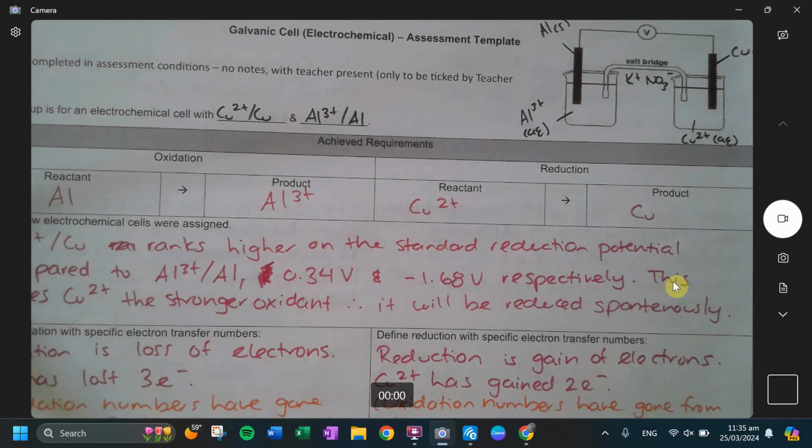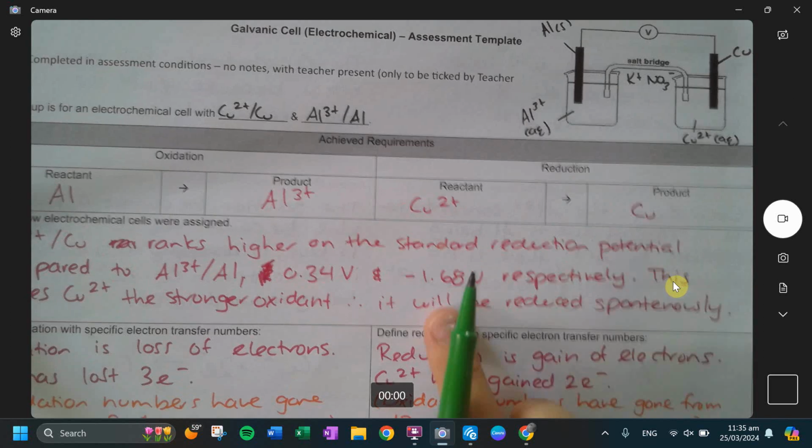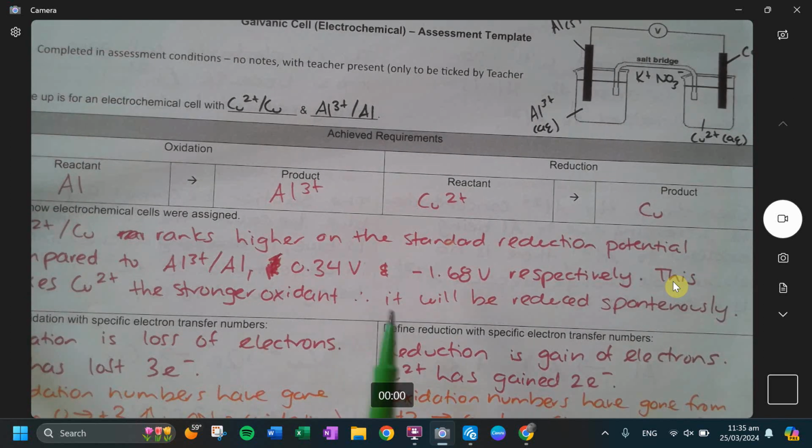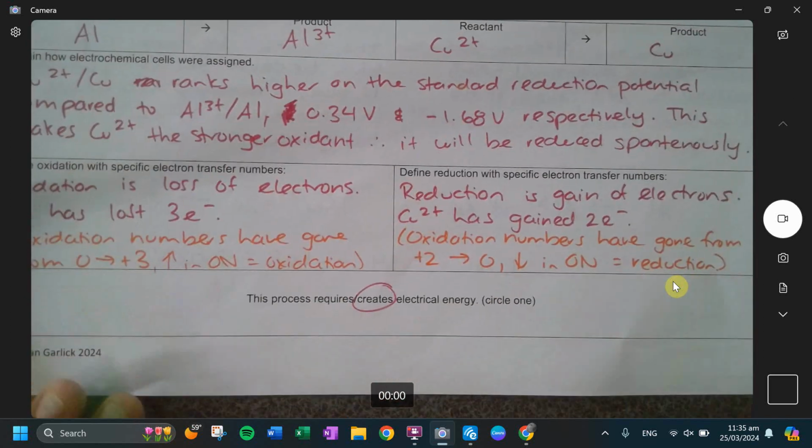That's also why I split the assessment into two halves, because I found in previous years that when I assessed the whole thing together, a lot of students got the rules confused for the two, and so I figured I'd assess one first and then assess the second one next, so that way your brain doesn't get confused. This is just a little justification for why you assign which one which.